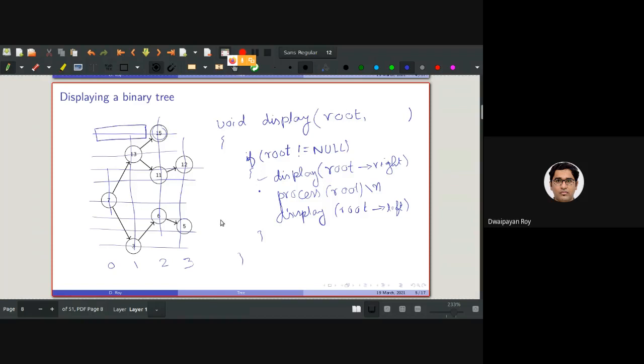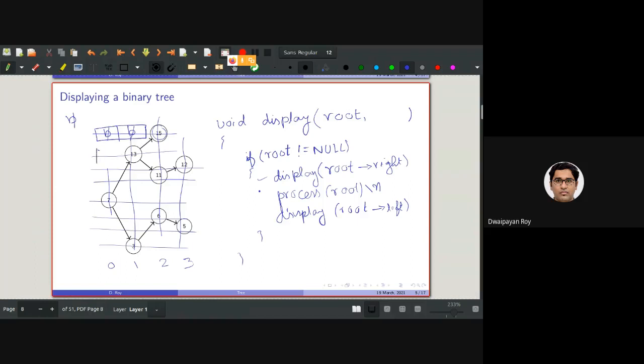Anyone? It should be proportional to the level of that node. Absolutely correct. So the label of this node was what? 2. So we can actually put 2 spaces here. This is one space, called a blank space. I mean, this is the way of writing blank spaces in pseudocode. I hope you know this from CS3101. So we need to put 2 spaces here.